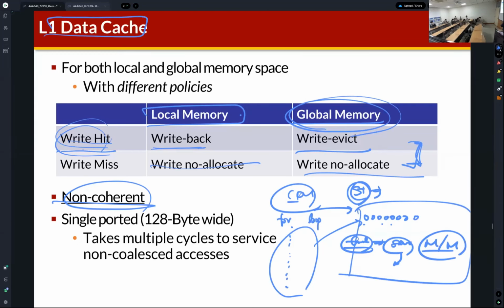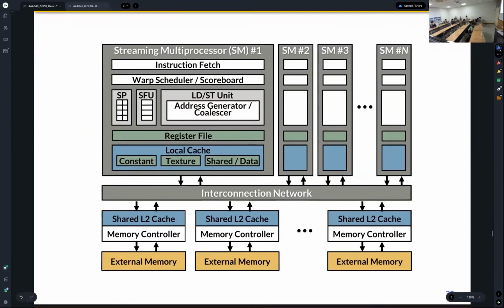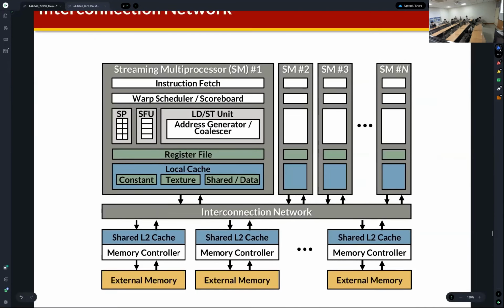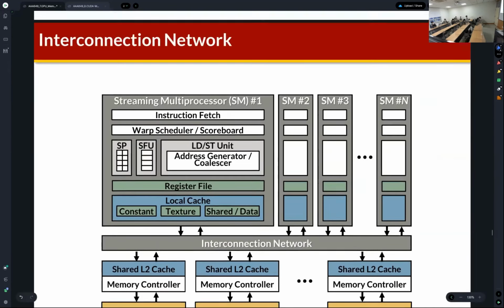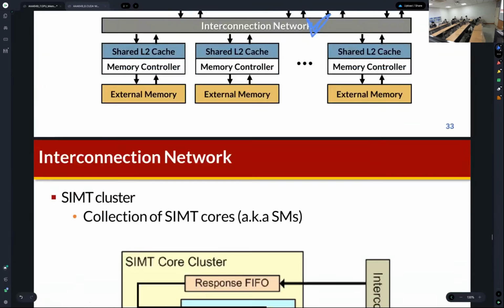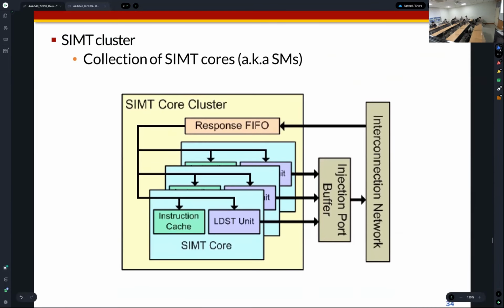Okay, it's not coherent. And then the interconnection network. You can find the interconnection network, which is connected to the multiple SMs and the multiple L2 partitions. This is the architecture, the structure of the interconnection network